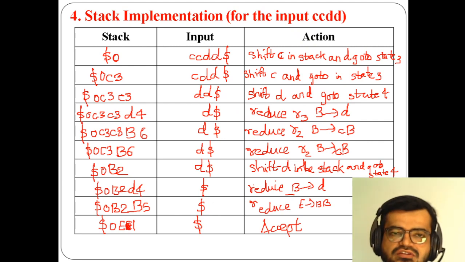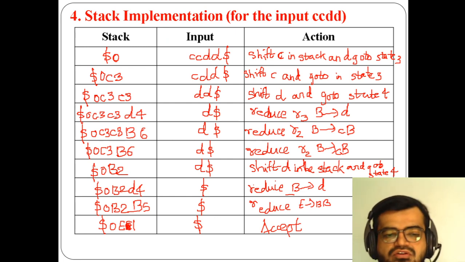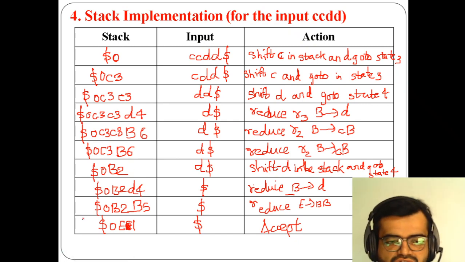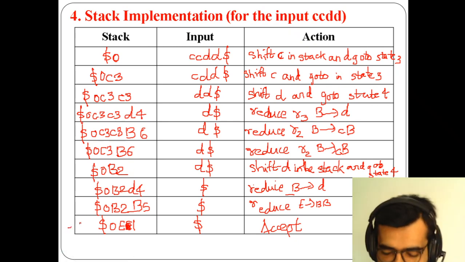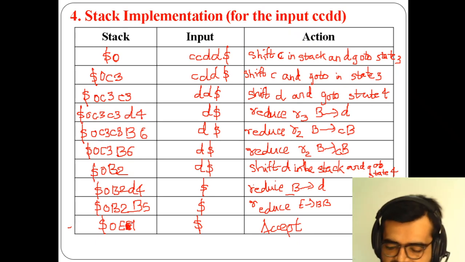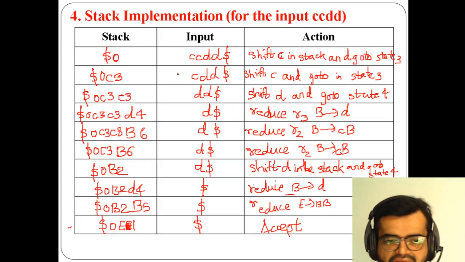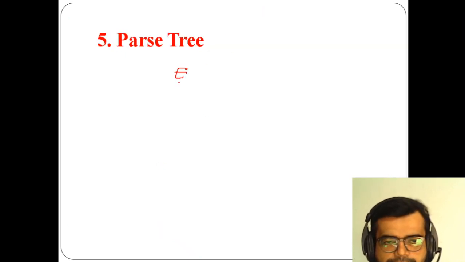Now finally what you have to do is take the parse tree. For the parse tree you have to start from the bottom up. As you know, it is bottom-up parsing. So write the rightmost derivation in reverse direction. Reverse direction means you have to start from the last one. So what is the last one here? What is the symbol here? E is there. So I'm taking here E. Okay, after this E, second step, this E will give you BB.